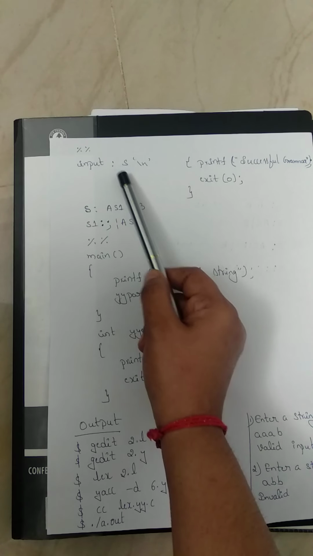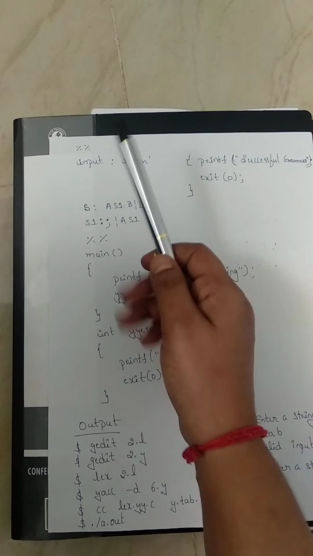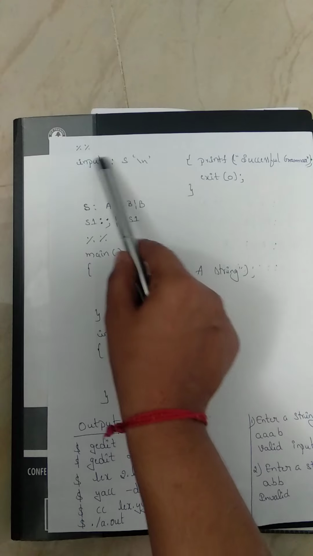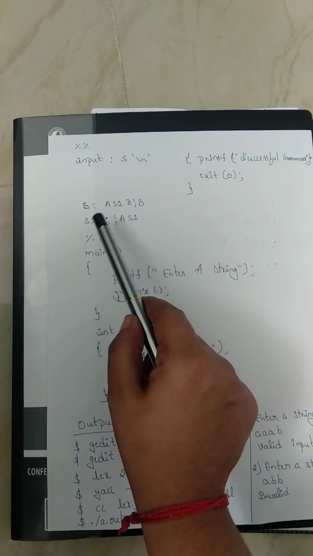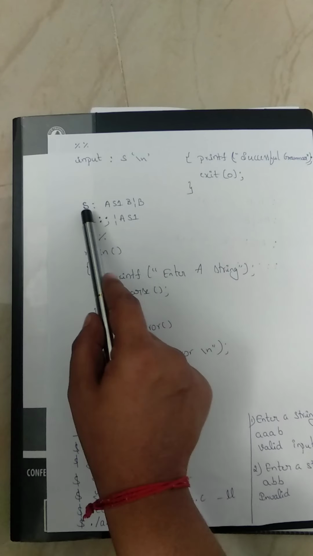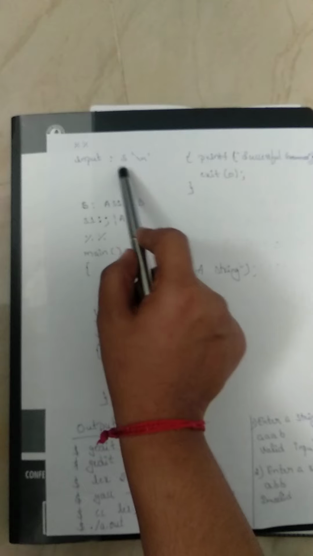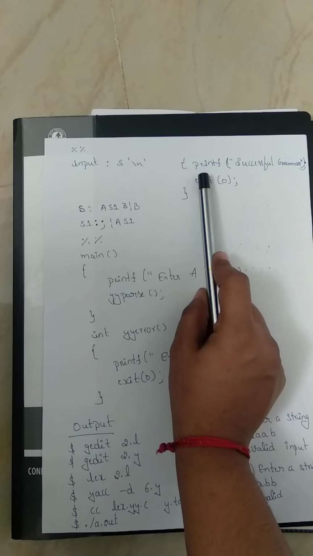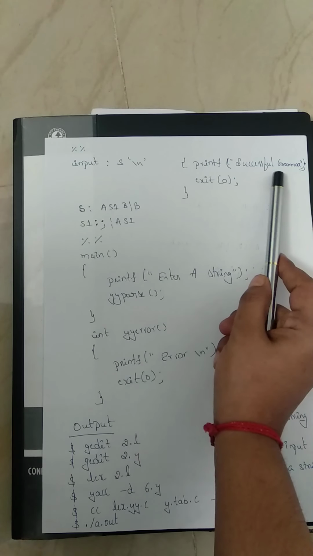Okay, so here I have written \n. \n means the new line character. So if this production for S, what grammar should be considered, that is what I've written here. If this grammar is checked, what is the action that should be taken? Printf "successful grammar", if we have written a proper grammar.